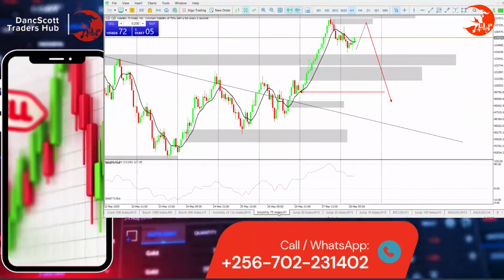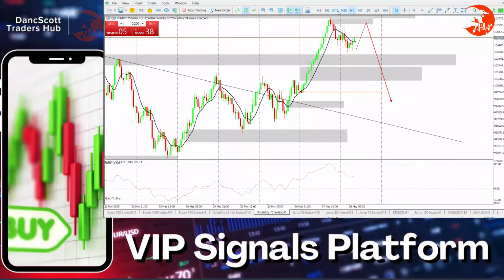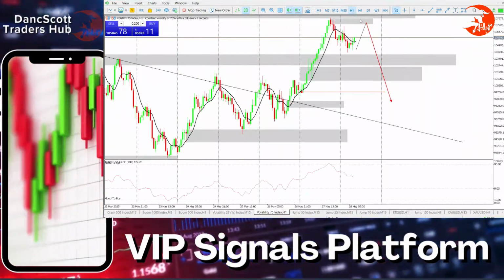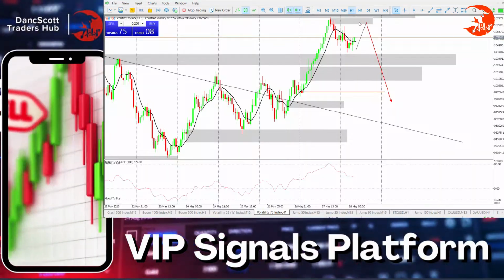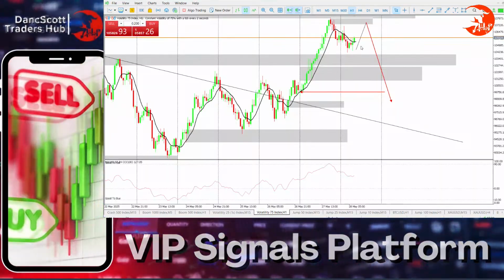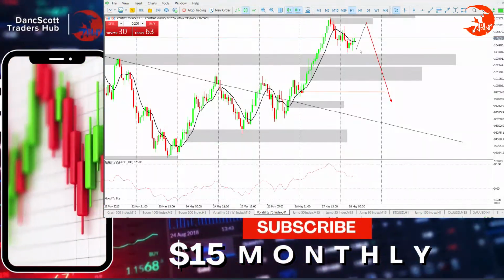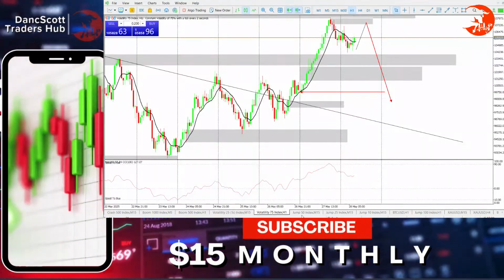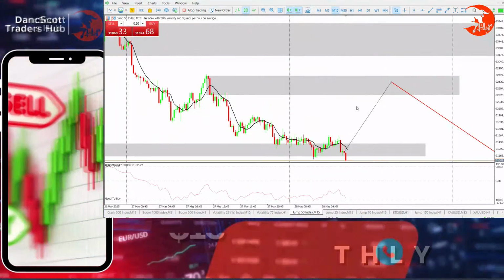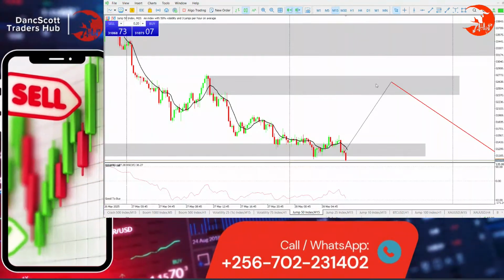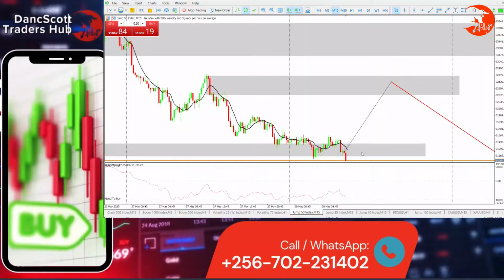All right, V75, it has low momentum, but we need price to react there and we can come in with sells. I'm not going to put a limit order now. I'm just going to leave it until it reaches the point of interest that I'm waiting for. Jump 50, I need to see some pullback so that I can enter the sell here. I'm not ready to enter now because this is jump.